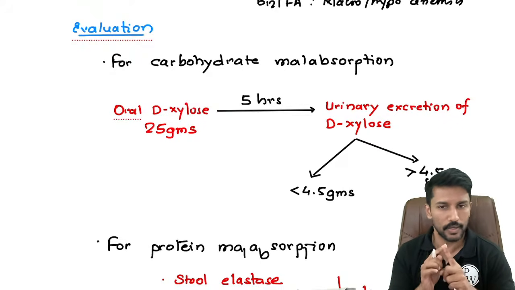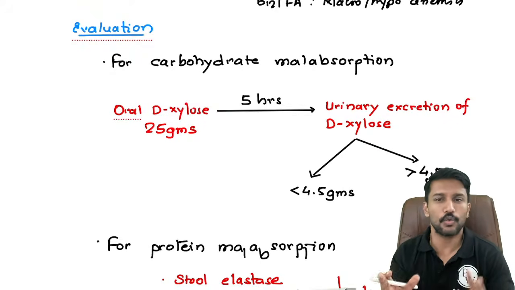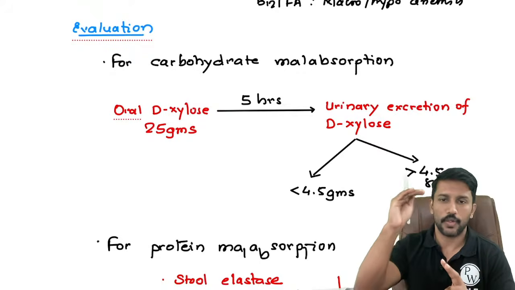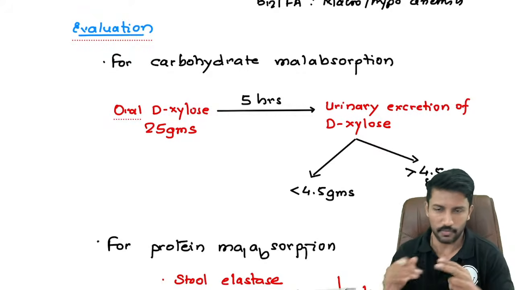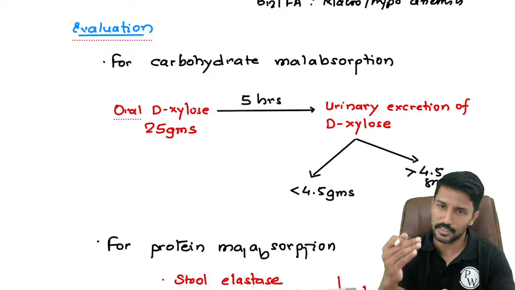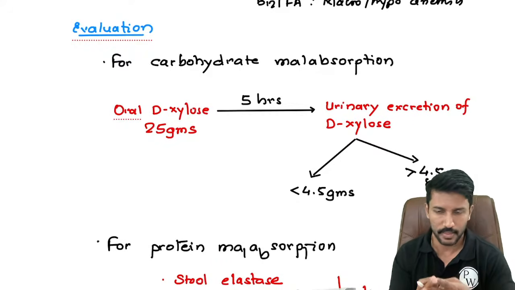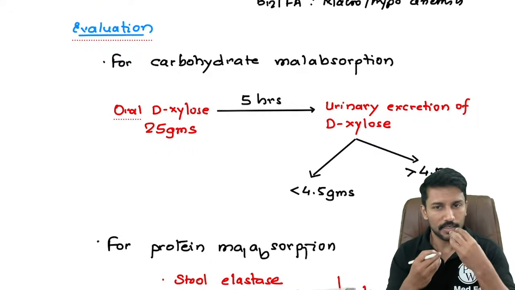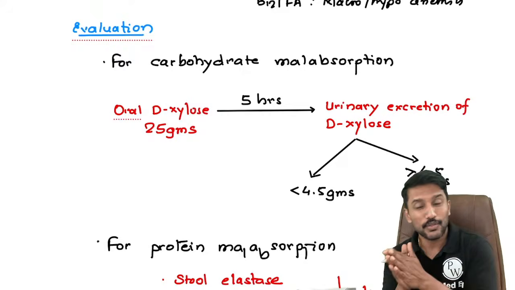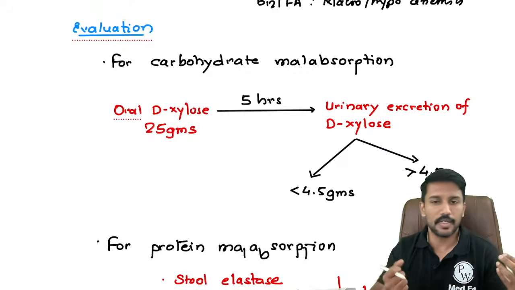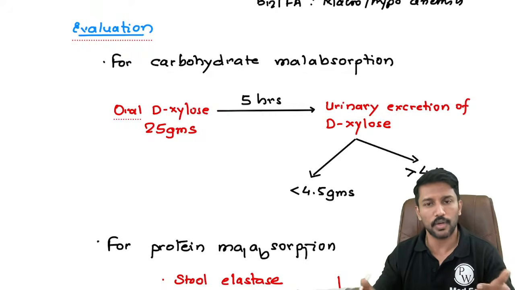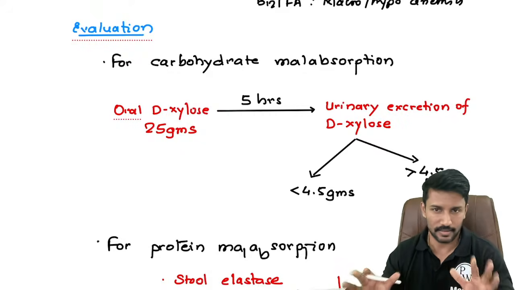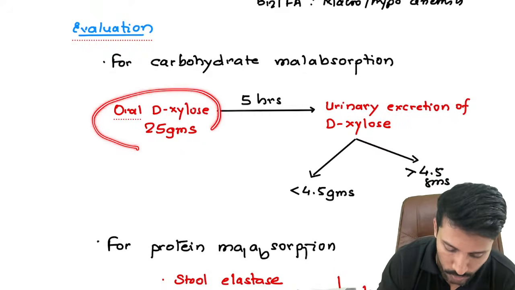For 2 reasons. One, kidneys don't excrete glucose unless it is at a very high blood level, right? Only diabetics will have glucosuria. A normal person won't. Whatever glucose gets filtered in the kidney, SGLT2 will make sure that it gets absorbed. Second, if I take a fixed quantity of glucose, my body will also utilize it, right? If I have just completed an exercise, whatever glucose I take, my muscles will take it up. Nothing will go to the kidney for excretion at all, right? That's why glucose is not a right choice.